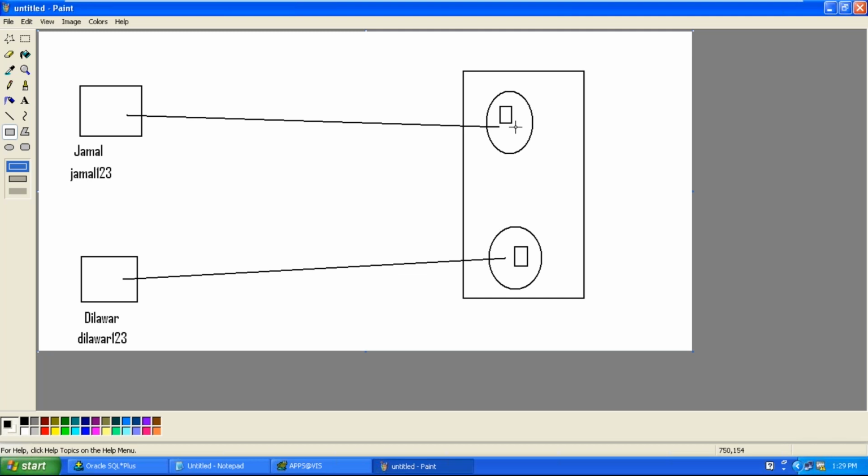So you will not have this kind of overloading of programs, because every program will be stored in its own specific schema. Concept clear? Yes. Will the schema be defined by the DBA? Yes. When a user is created, a schema is automatically created. There is a command called create user username identified by so and so. So when the user is created, automatically the schema is created.